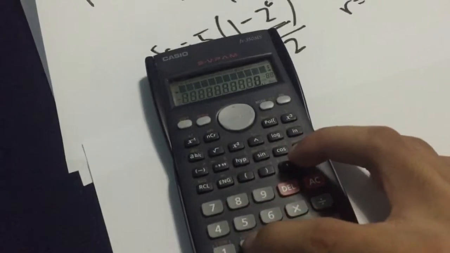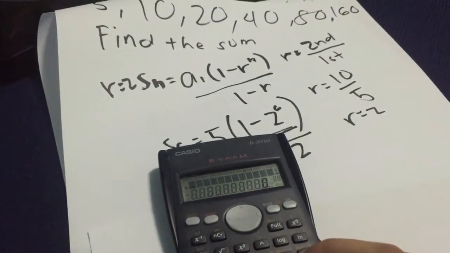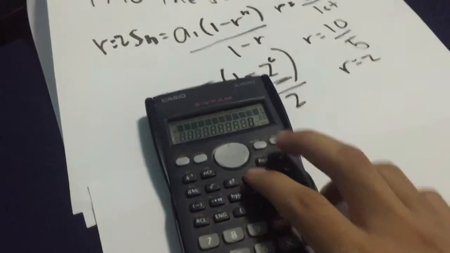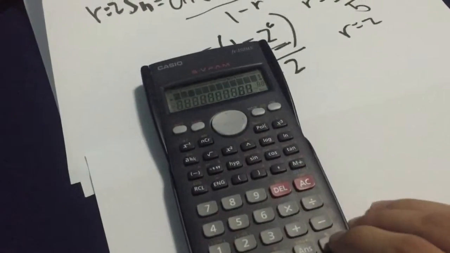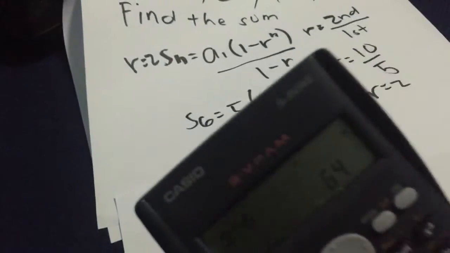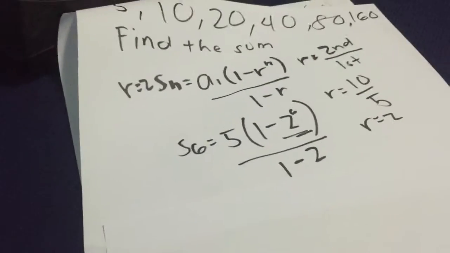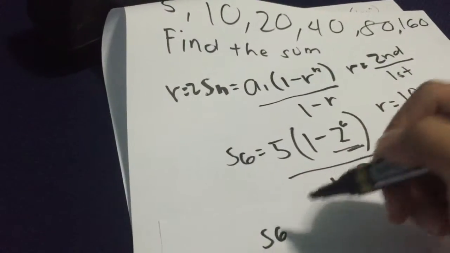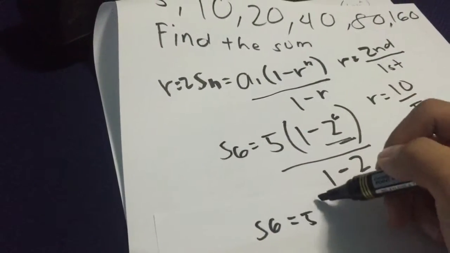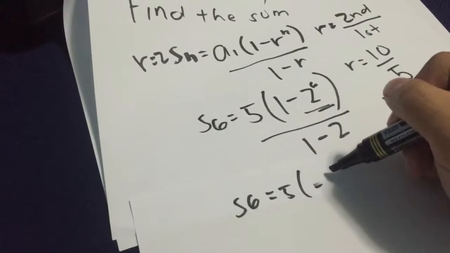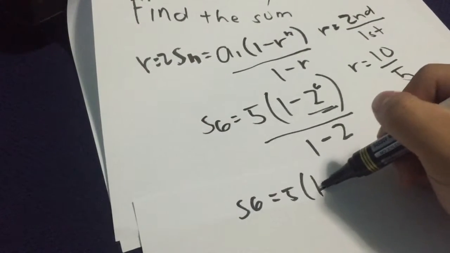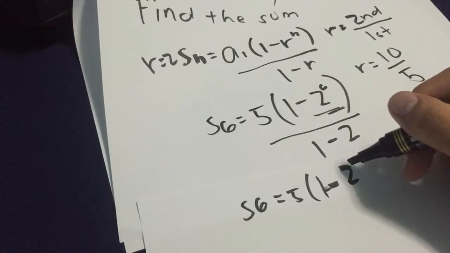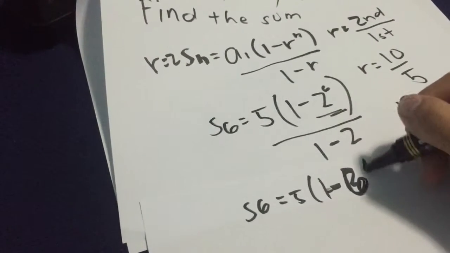So 2 raised to 6th power is equal to 64. So 5 times 1 minus 64, over